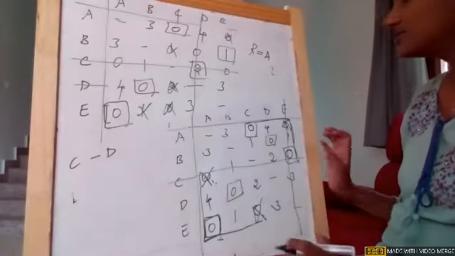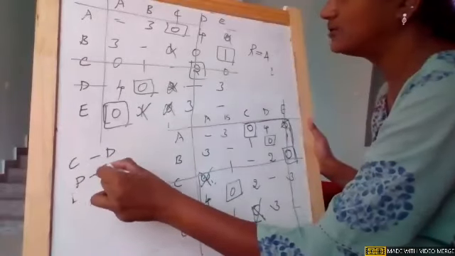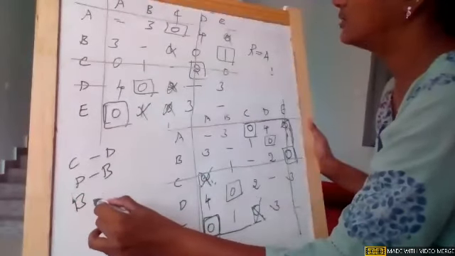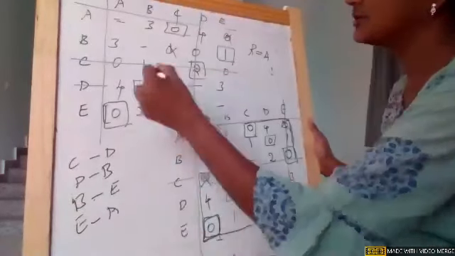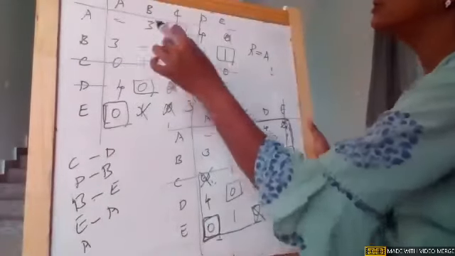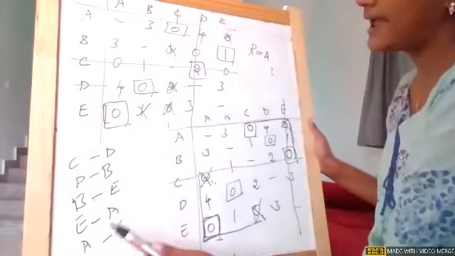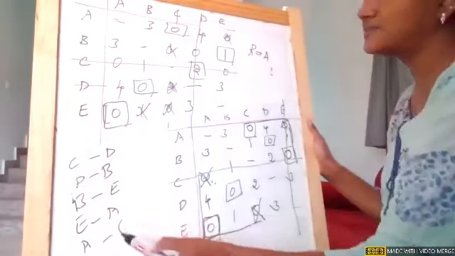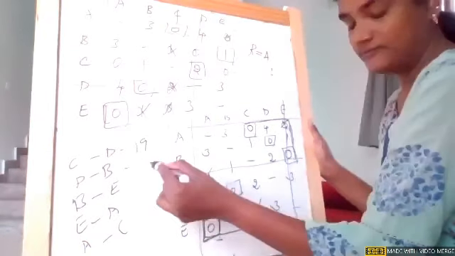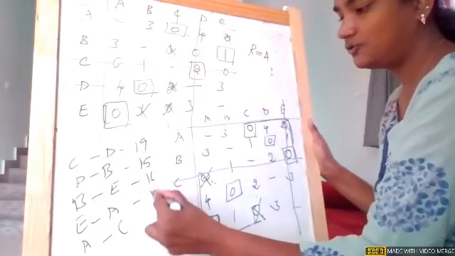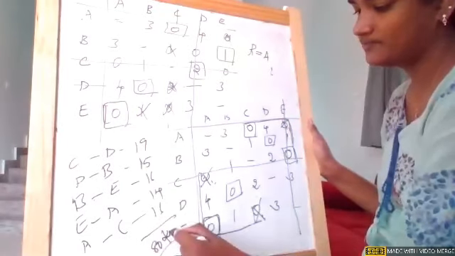Okay, ma'am. Okay. So C to D. You will get it well when you practice it more. D is going to B, and B is going to E. From E, I think we'll get the solution here. E is going to A. From A is going to C. A, B, C, D, and E. All cities are covered. He started from C and ended at C. So this is how C to D, it is 19, 15, 16, 14, 16. So total he is traveling 80 kilometers.